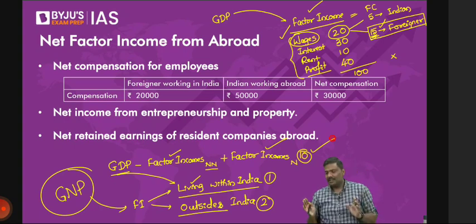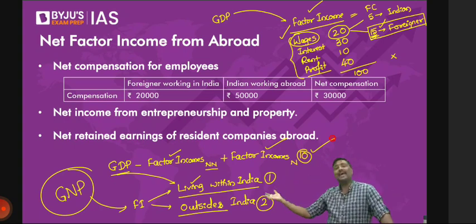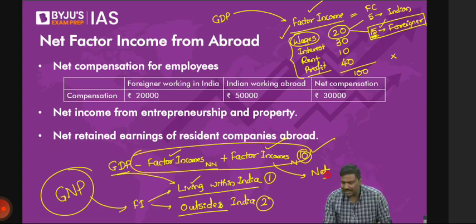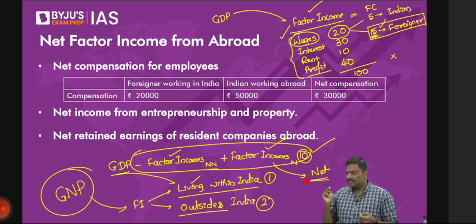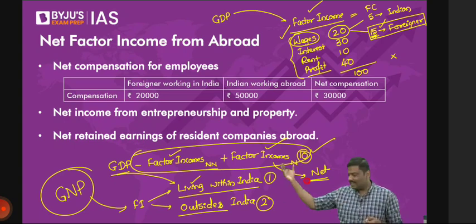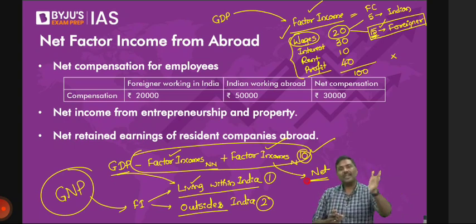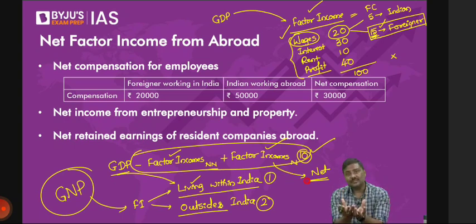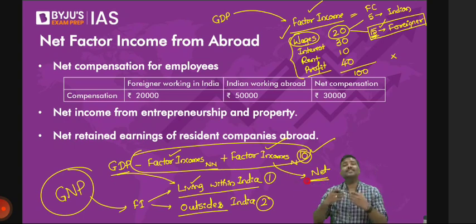Is it okay? I'll repeat it. Out of the GDP, you're supposed to take out certain factor incomes and add certain factor incomes. The outcome of that is called net. Any difficulty, please do let me know. We calculate net factor incomes, including wages, profits, rent, etc. Net is very simple. When you calculate GNP, some factor incomes are supposed to be counted and some are supposed to be subtracted. The difference between the factor incomes you add and those you subtract is called net factor income from abroad.